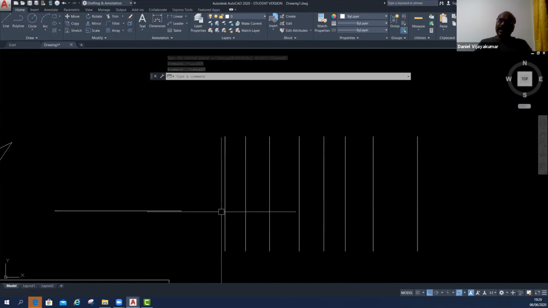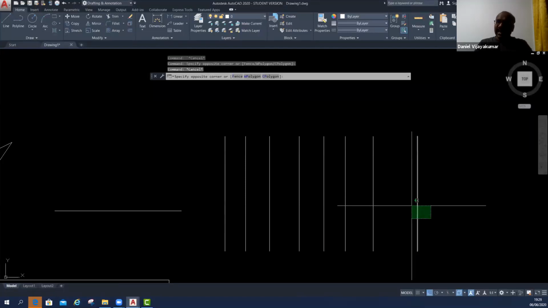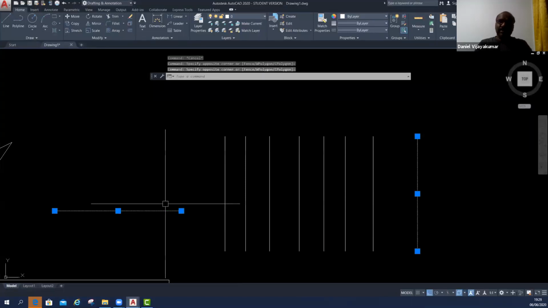I want to extend this line until the first vertical line, or second, or third, or fourth, or fifth. If you want to extend this line until the last vertical line, just select this line and this line, then you can get the extend.